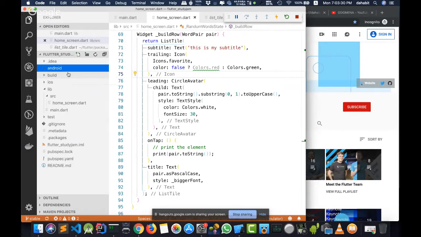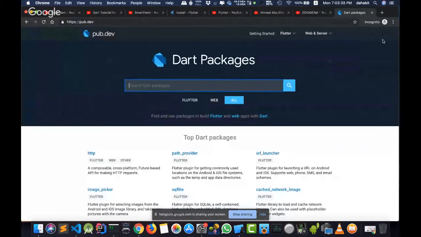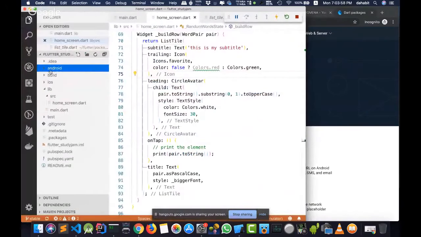As I said, if you do not find the best friend for you, you need to check pub.dev first. I am sure that you will find a lot of important widgets that save your time. A widget for making a slider, or a widget for anything you need, just search here first. And if you didn't find your widget here, search on Google. And if you didn't find that on Google, you can write your custom native code inside the Android folder and inside the iOS folder.